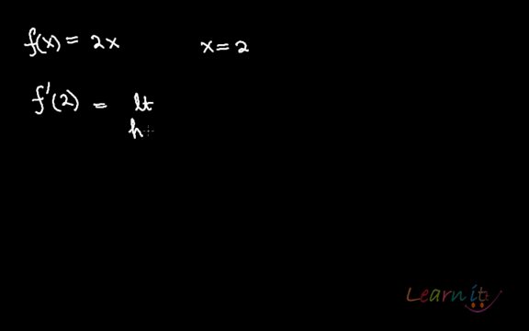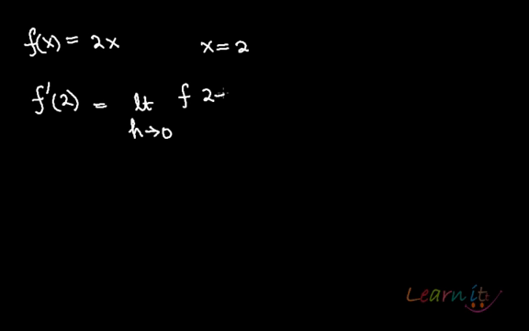Well, before getting into what exactly derivatives are, let us try to calculate derivatives. For example, suppose f(x) equals 2x, and you want to find the derivative of this function at x equals 2. The derivative is given by f'(2). There are different notations to express derivatives; we'll talk about that. Then you calculate the limit of this function, that is, the limit as h tends to 0,